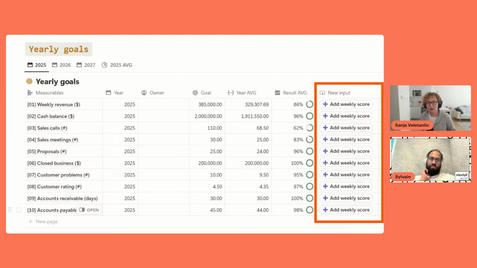Those yearly goals are tracked on a weekly basis, to enter a new score that is then automatically related to the yearly score. You have to create a new page, but you can easily do it by clicking on a button, entering the score, and that's it. And then automation does everything else in the background to connect that.